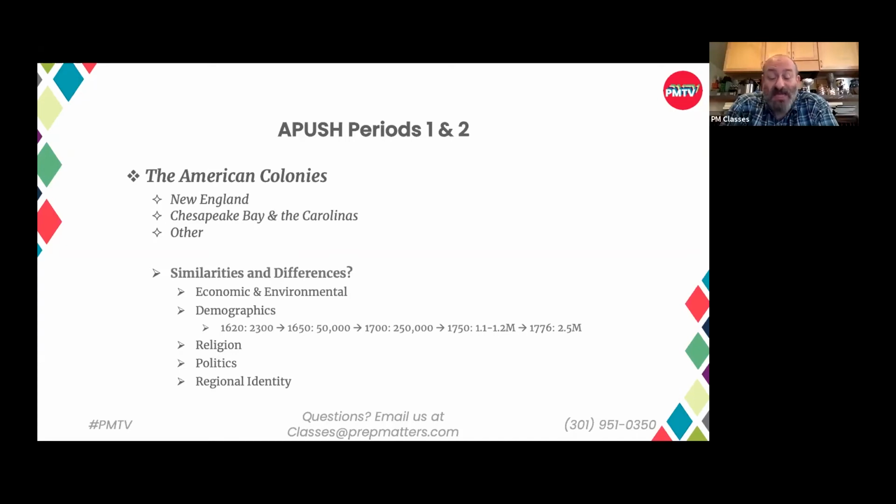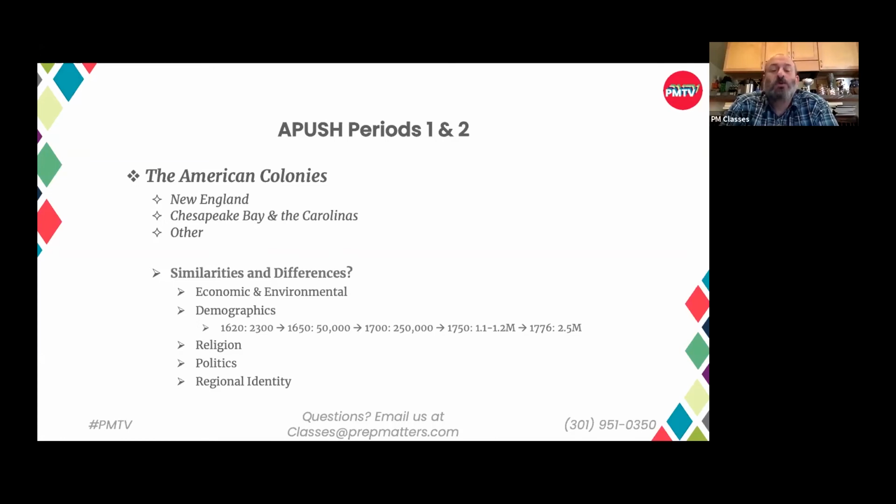And that doubles again in just 26 years when the United States declares independence in 1776. In fact, by 1776, that 2.5 million figure is, give or take, about a third of the population of Great Britain itself. So in thinking about all of our images of the American Revolution and the ragtag bunch of rebels fighting against the British Crown, the United States was a third the size of Britain, but also had the home field advantage across an ocean.